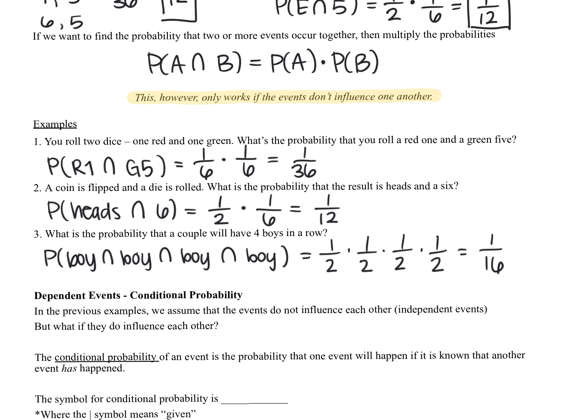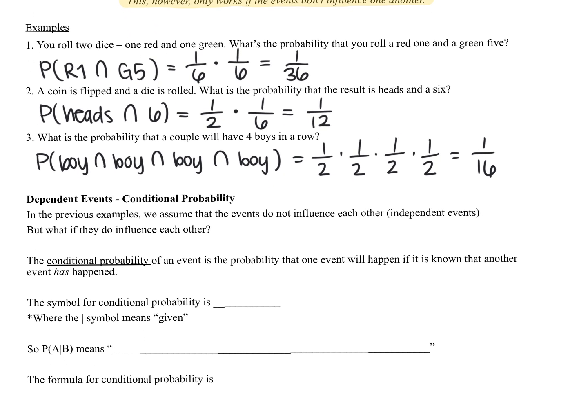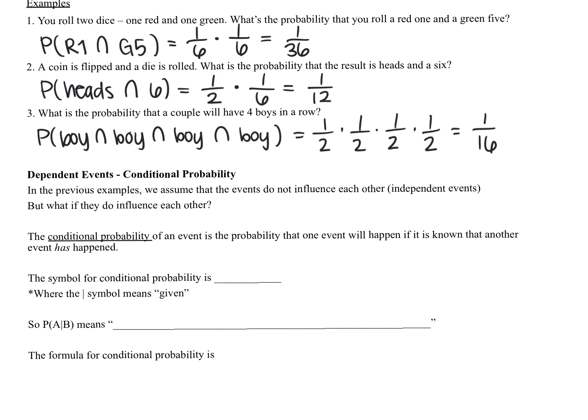So the examples we just did have to do with independent events. So what happens if two events are dependent, which is what we're going to discuss next. So dependent events, also known as conditional probability,